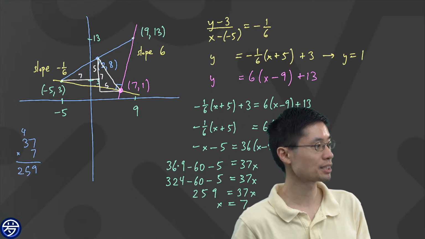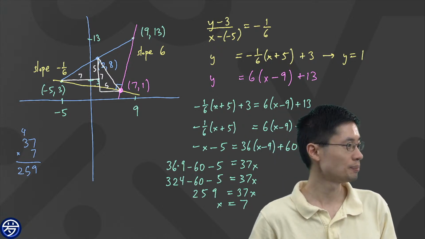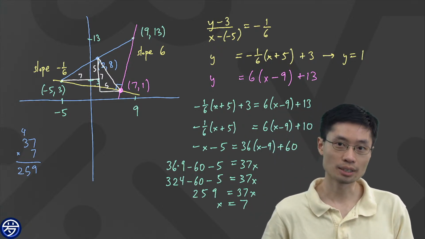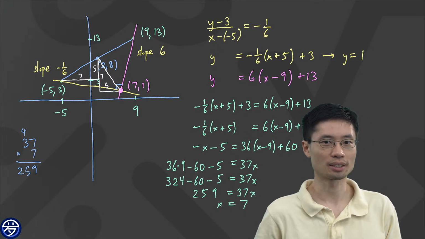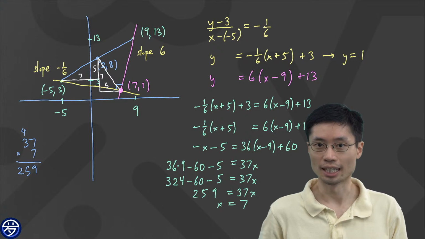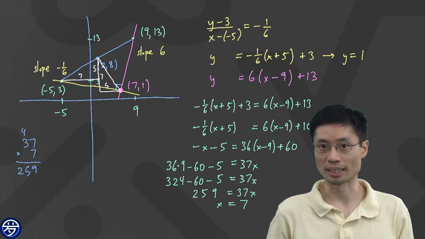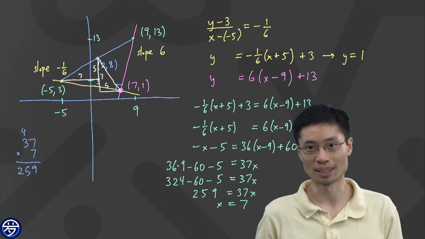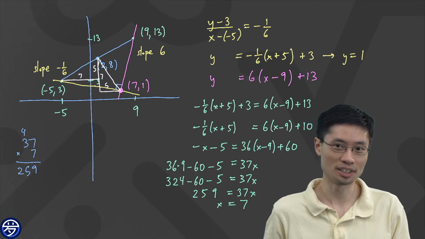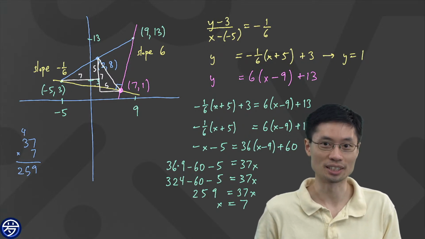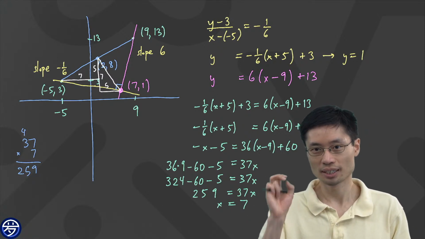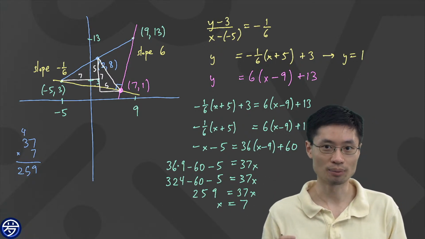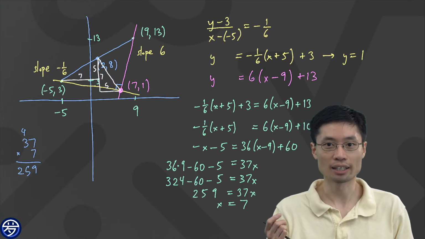Technical Hacker asks, what was the logic behind digital sum? I'm not entirely sure what you mean by digital sum, but I'm going to make a guess. Do you mean like the sum of the digits? There's a rule about divisibility by 9, or finding the remainder when you divide by 9, which is based on taking a digital sum, which is the sum of all the digits of a number. And the basic idea behind that is it's because 10 has a remainder of 1 when I divide by 9. So if I had like